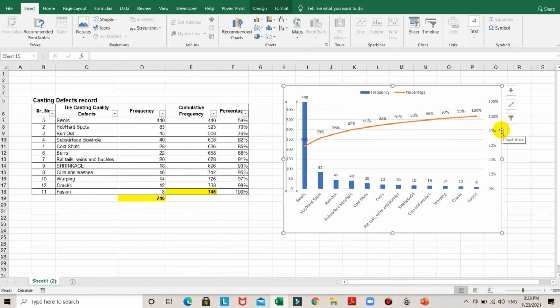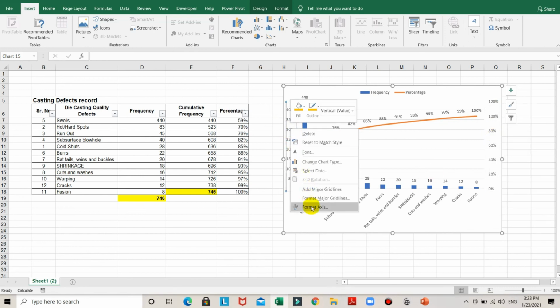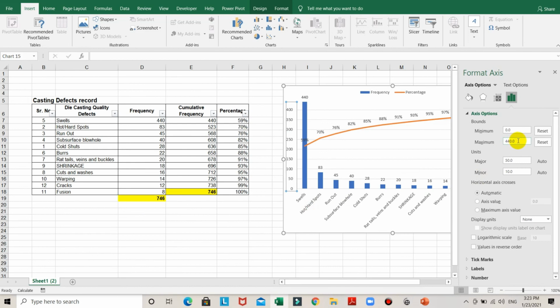Again here we have just added 440, not 440, it is 400. Yeah, 450 now it is added here, because this major unit is 50, so it is added in multiples of 50.